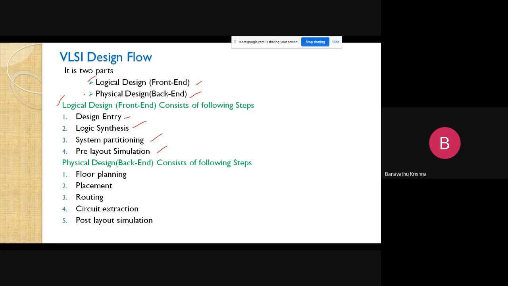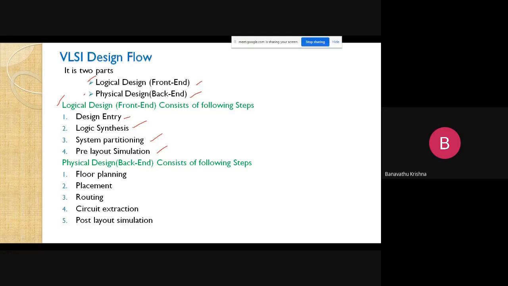That is the gate netlist, also called logic synthesis, and then system partitioning. We want to make the system in a proper way. When the largest circuits are available, we need to partition them, so it is easy for the implementation of our design.